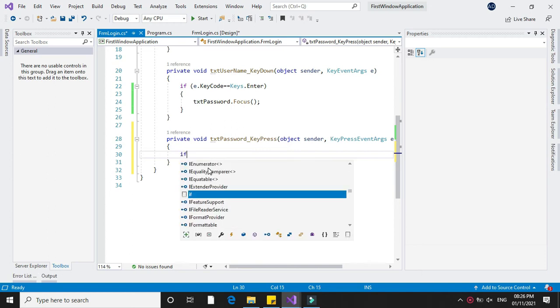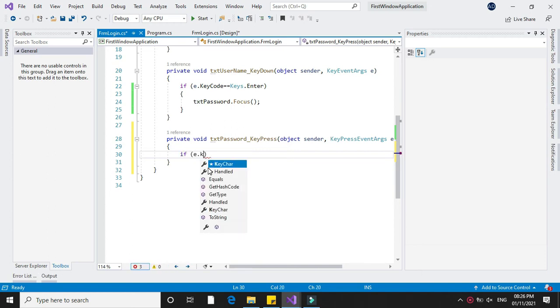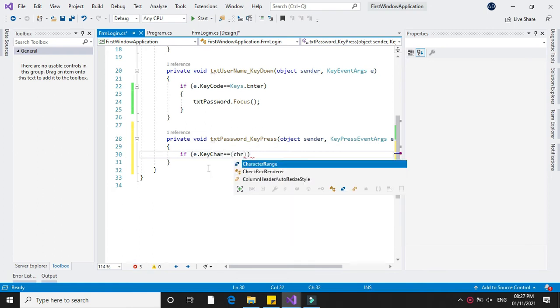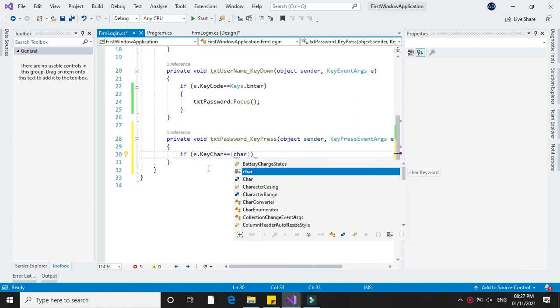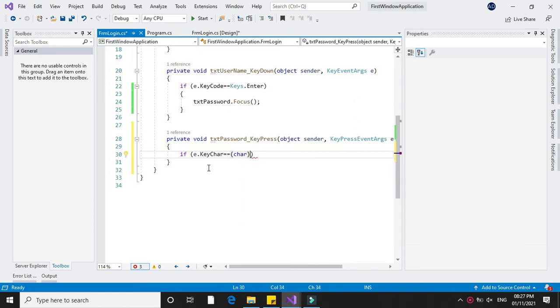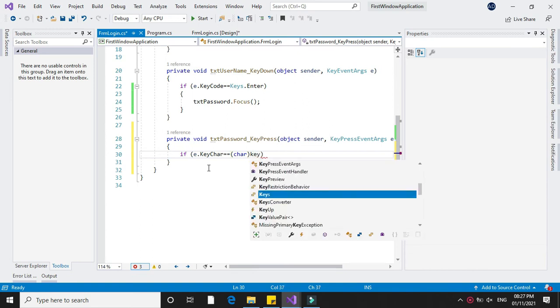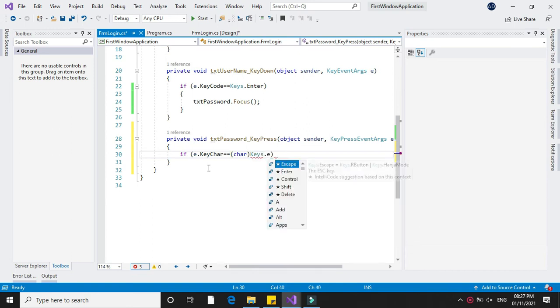So if e dot key char equals, convert it to character, keys dot enter.